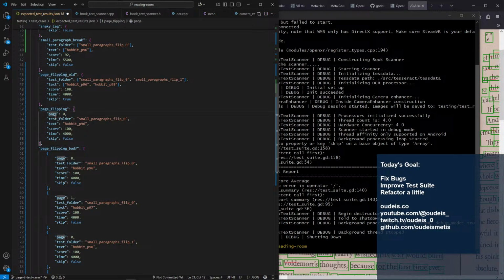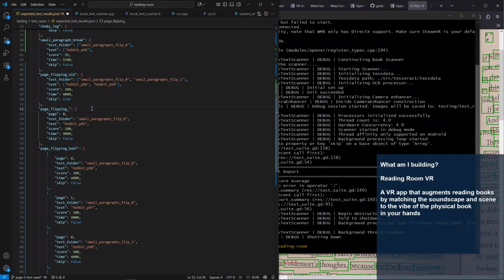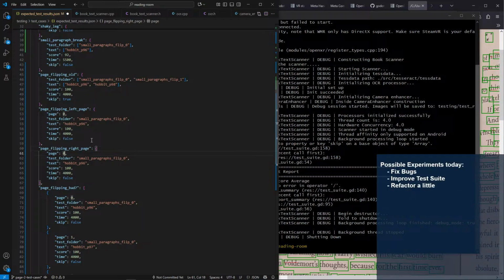Tell it which page it is, page 0. Here's the folder where it gets it from. Here's the test result, right? And then we could do page flipping: left page. Right, and then if I wanted to test the right page, we would do like 97. Now the issue with doing it this way